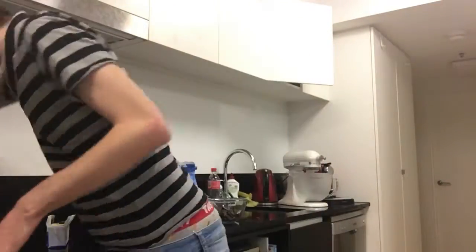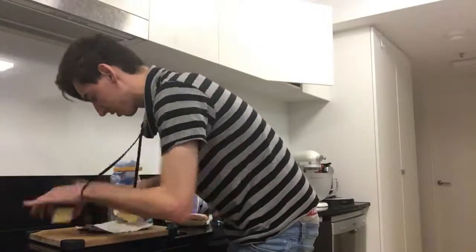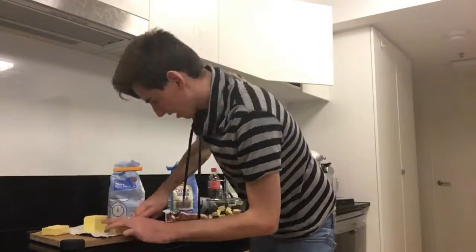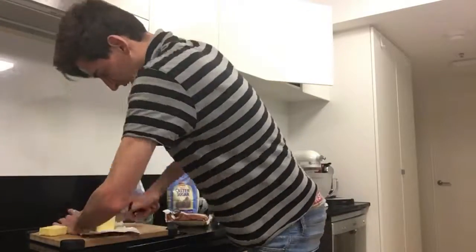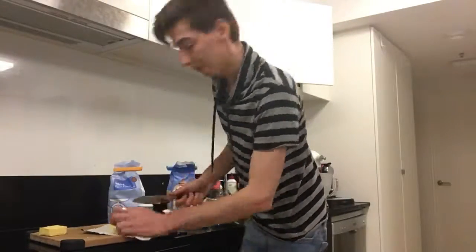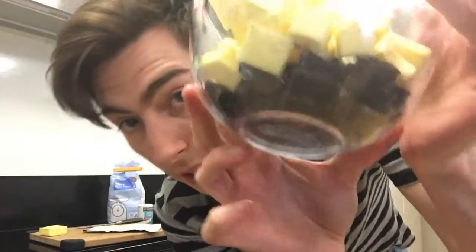So you've got 1, 2, 3, and what we're going to do is add this into the bowl with the butter, in small chunks. So in there now, the same bowl ready to mix. Right, so there is my 200 grams of butter and my 200 grams of chocolate, all in this